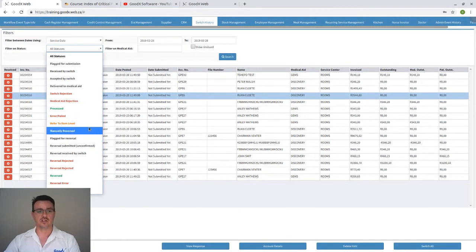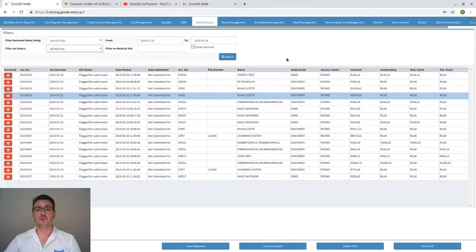If it's rejections because of your coding, then you will go into the account, click on the invoice, edit the invoice, and then just simply click on reverse and then on redo. Put in your text, the invoice will pop up, fix the coding and submit a new claim to the medical aid. If you do this every day, you should be up to date with all your claims on a regular basis. Every day, every second day,